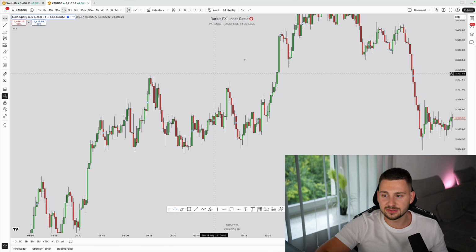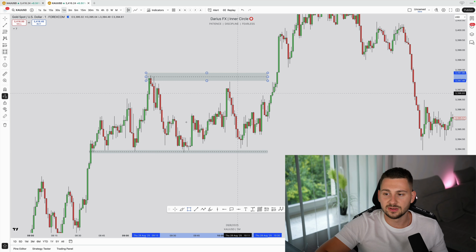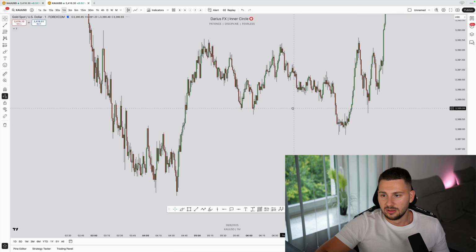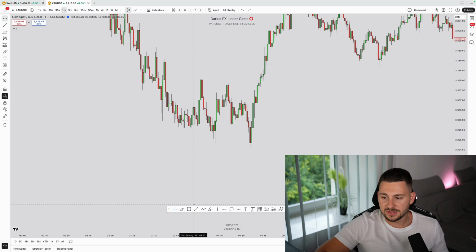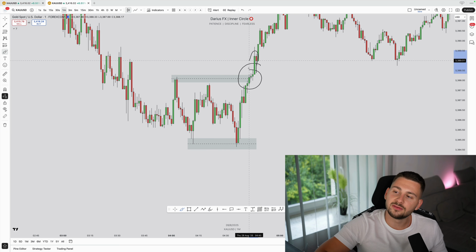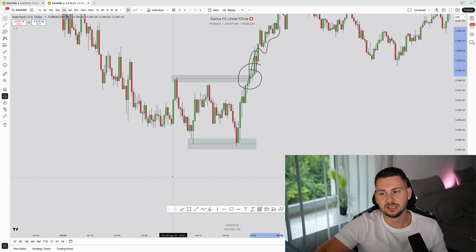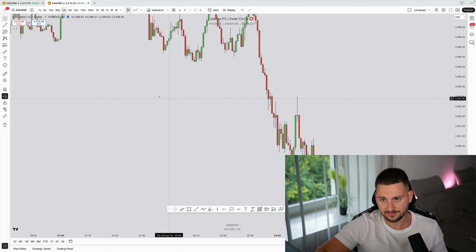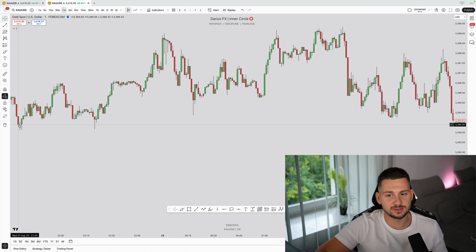Then also here, for instance, to just cover up, this is exactly a ranging market, as you can see. So we got something below, something above, and once price breaks above it, like in this case, a full body above it, boom, that's when price continues higher. Same with here, right? This is a very good example because also here you have this and this, and price never breaks below, but then above we got this huge candle, and that is exactly the signal to say, you know what, we go up higher, and as you can see, price really goes a lot higher afterwards.